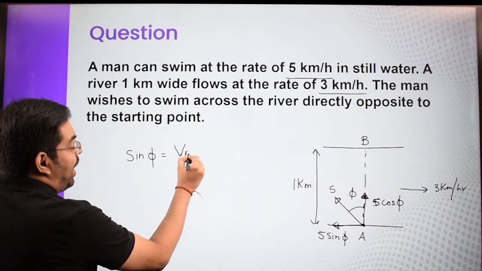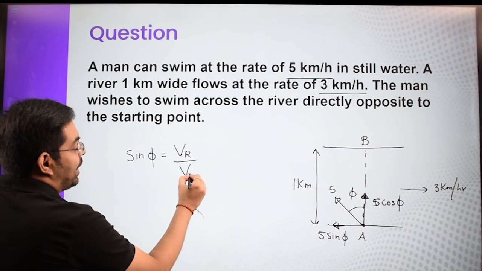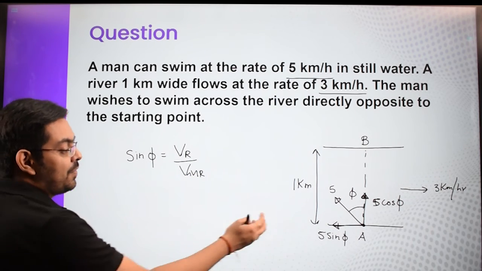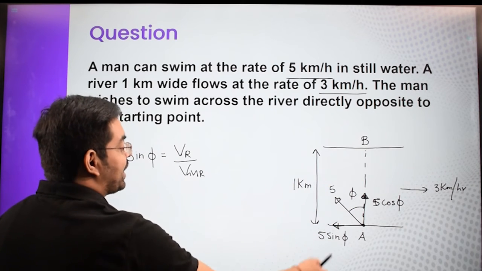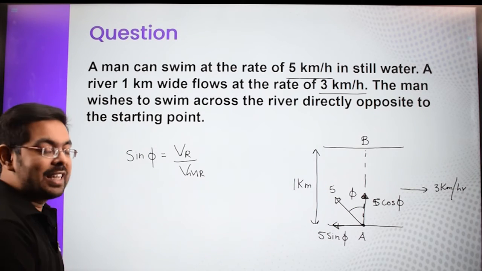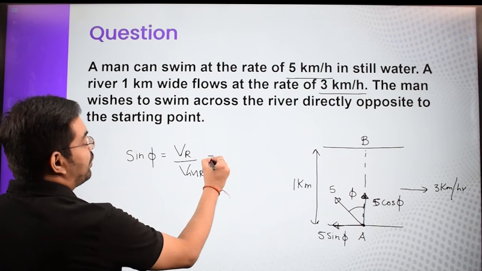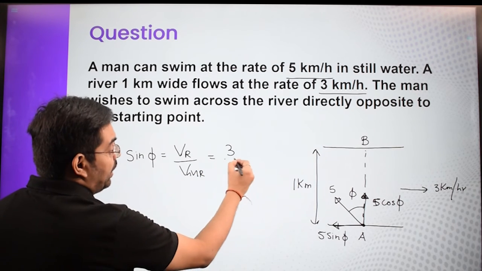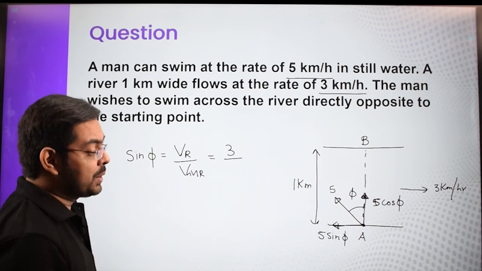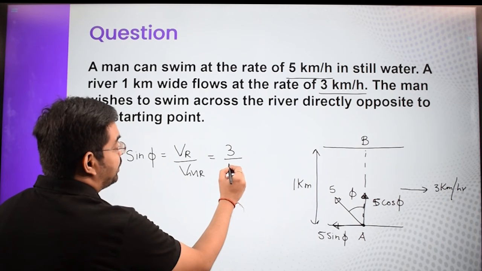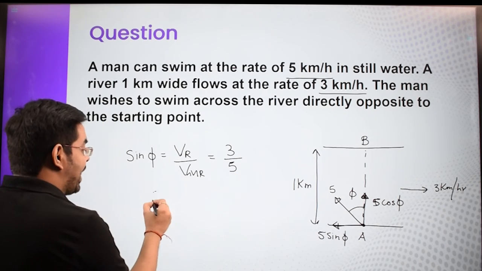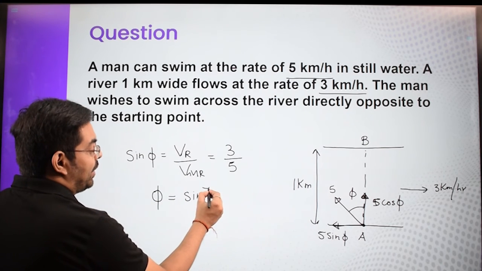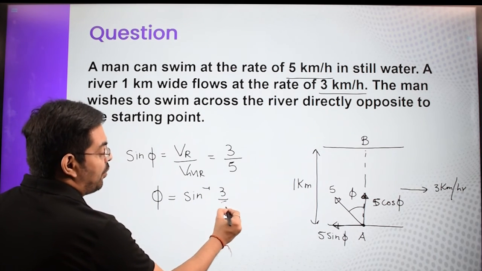It was VR upon VMR. ठीक है, ये भी यूज कर सकते हैं डायरेक्टली, या फिर मैं देख सकता हूं कि यहाँ पे जो 3 किलोमीटर है वो 5 sin फाई के बराबर है, तो डायरेक्टली ऑल्सो वी कैन राइट। तो रिवर का फ्लो बेटा यहाँ पे क्या है 3। ठीक है, मैन का वेलोसिटी विथ रेस्पेक्ट टू द रिवर क्या है बेटा 5 है। तो फाई एंगल क्या हो गया, द फाई एंगल इज इक्वल टू साइन इनवर्स 3/5।